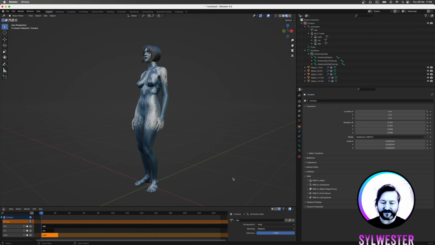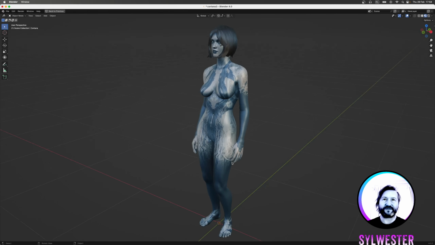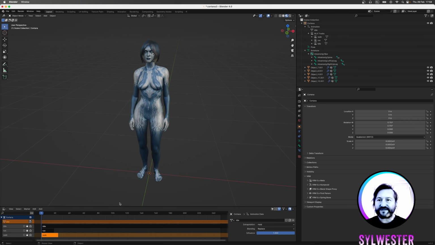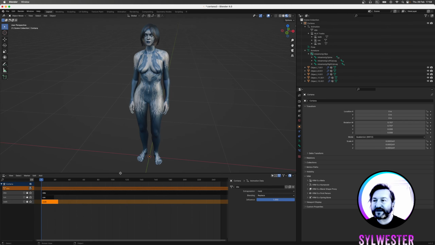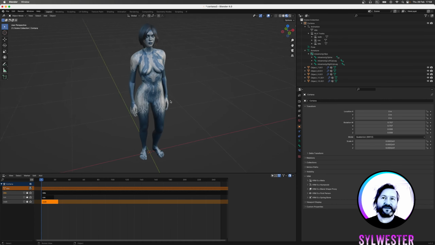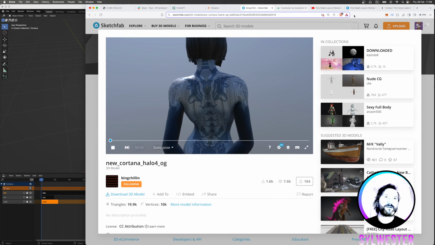How's this? Yeah, it's full screen. As you can see, there are three types of animation at the moment: idle, run, and walk. This is what I've done using Blender plus also